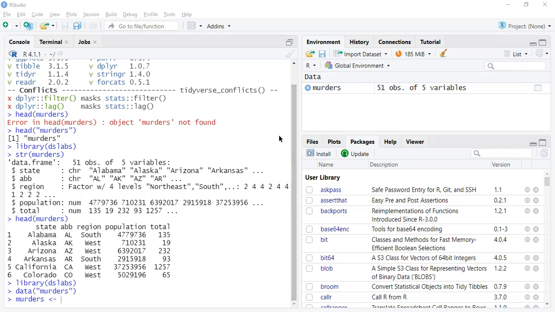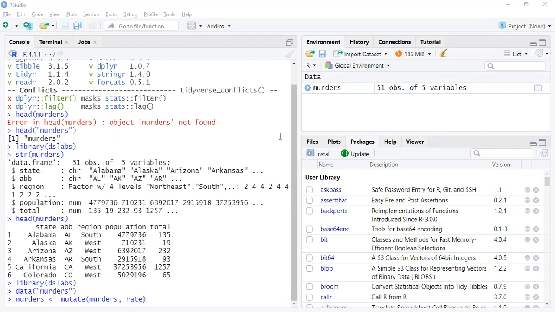Now, how can we do that? By using the mutate function. Then we have these arguments inside of the function. The first argument would be not only the object, but the data set. Where would I look? What is it that we will mutate? What is it that we will modify? Okay. Now, remember,